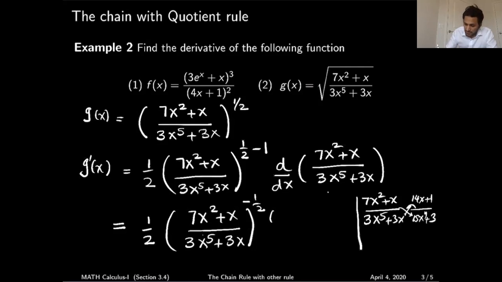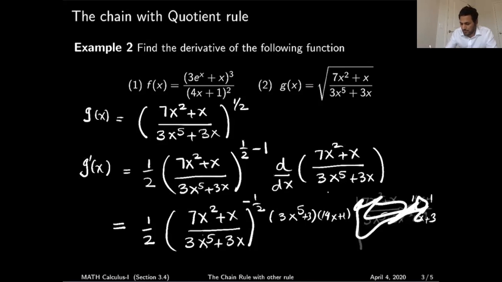It's going to be 3x to the power 5 plus 3x, multiplied by 14x plus 1. Low d high and high d low. So I'm going to write that term from here. So low d high